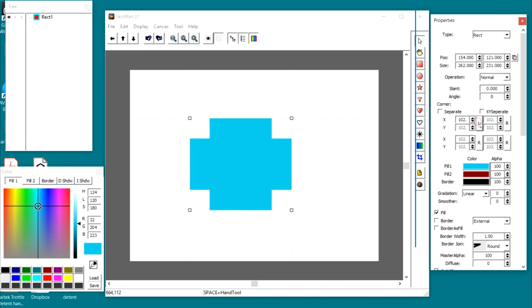And finally, we can do the square cutout. It looks like an L there. Now, you can also select separate, and now we can set each one of these corners separately. Now, you notice since they were all the same, it's got the value of 102 for all of them, but we can make one for each of the different styles of